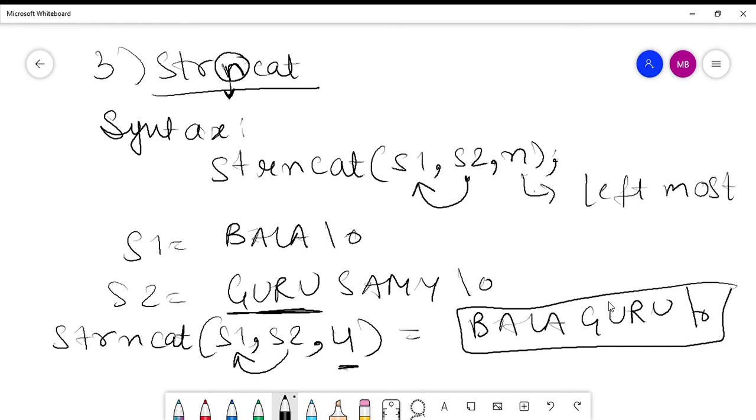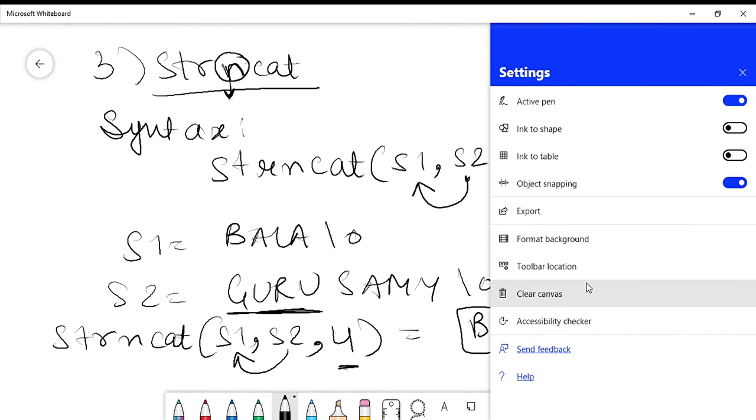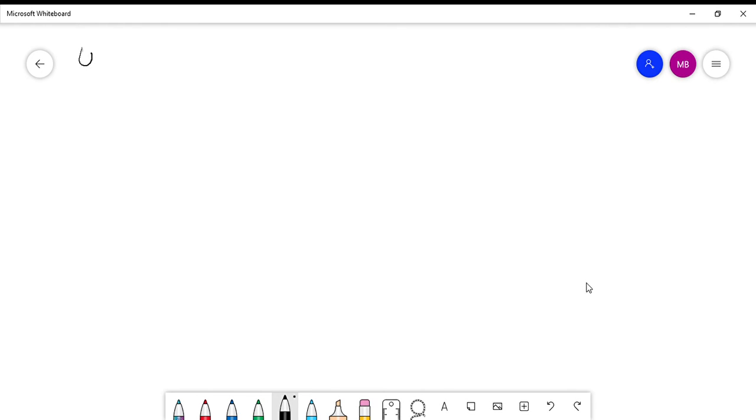Then another function that we have is strstr. This function is used to locate a substring in a string.